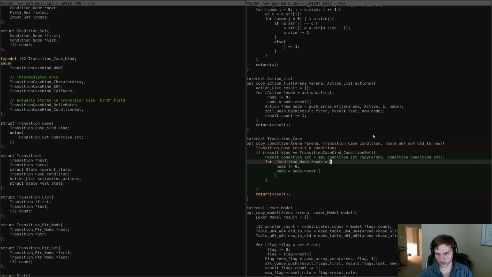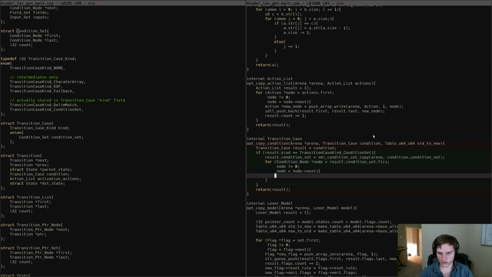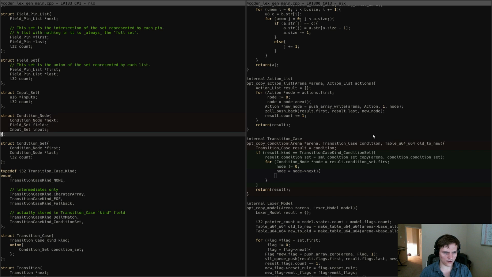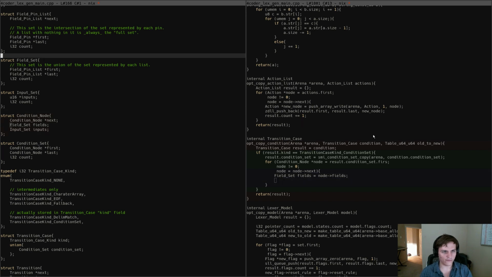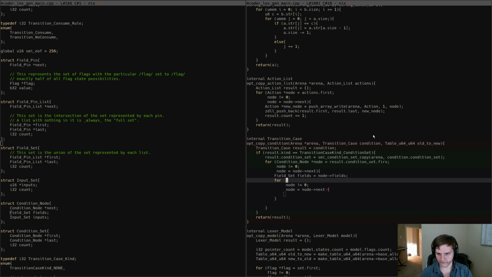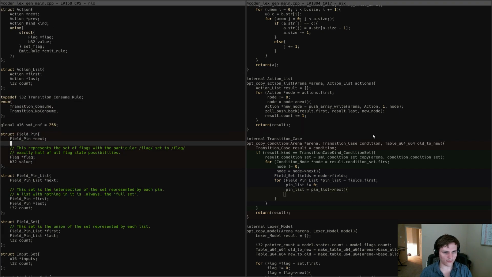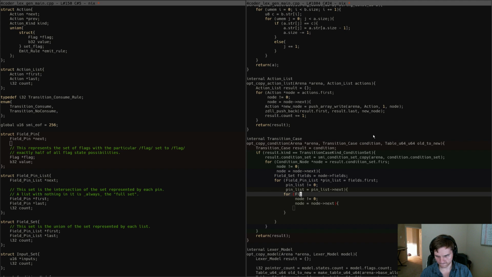Condition node, take the result.first condition node, and then for each condition node we're going to grab the field set, and then for each field set we're going to iterate the pin list, and for each pin list we're going to iterate the flag pins, or just the pins,